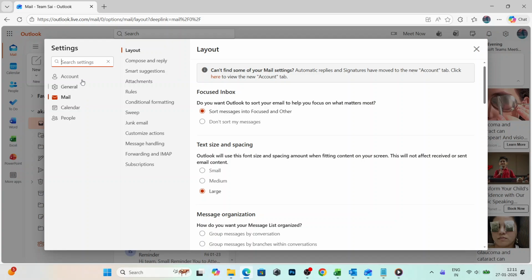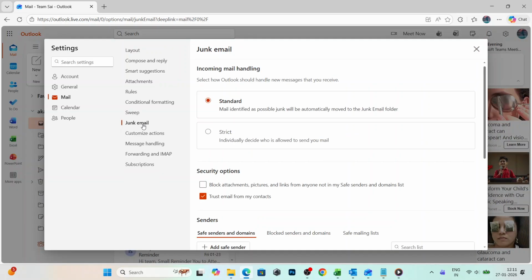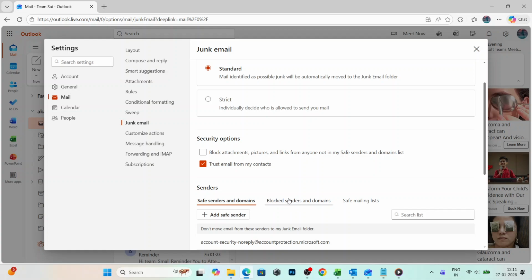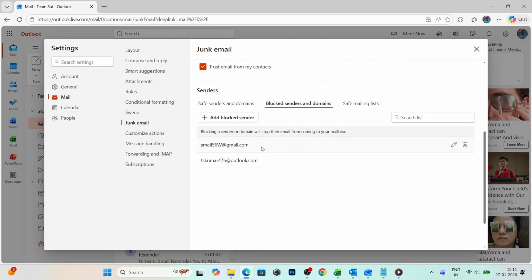In the settings window, select Mail from the left side. Then choose Junk Email. This section controls how Outlook handles unwanted messages. It includes lists that automatically block senders or entire domains, which is useful for spam, but it can occasionally catch legitimate senders by mistake. Under the Blocked Senders and Domains section, look for the address or domain you want to